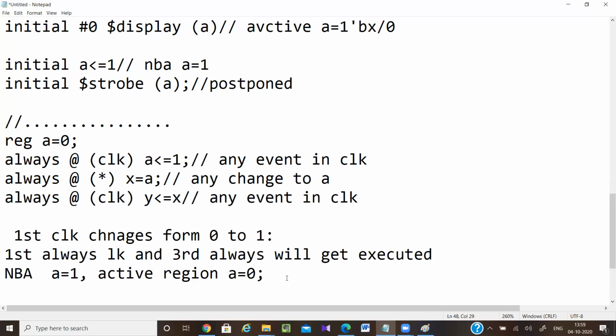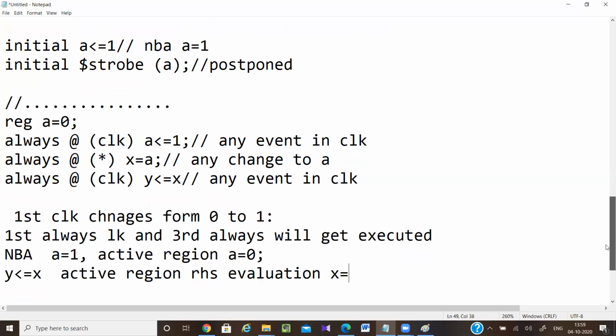Now come to the third always block. In the third always block, Y value is equal to X. In the active region, RHS evaluation happens. So what is the X value here?